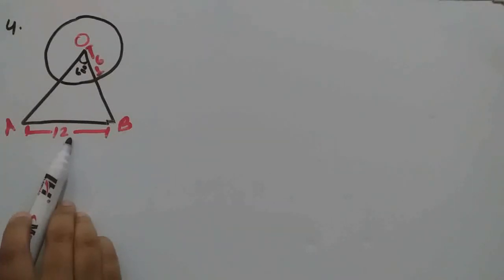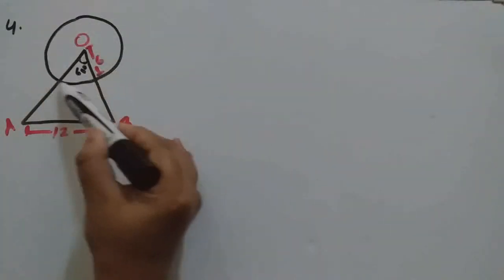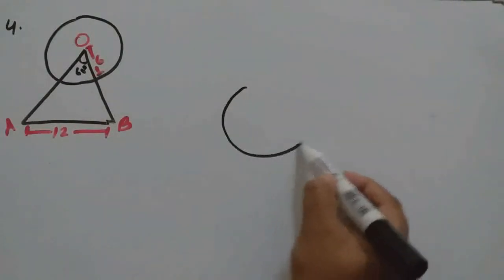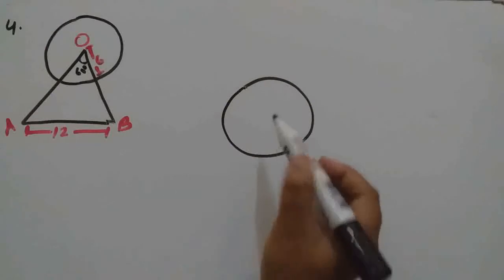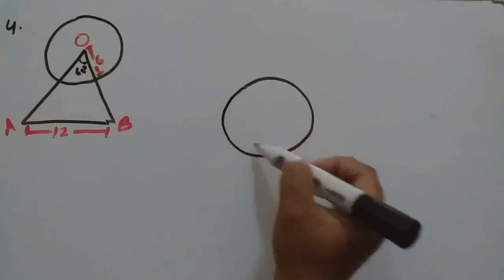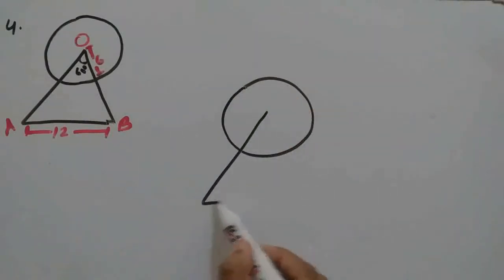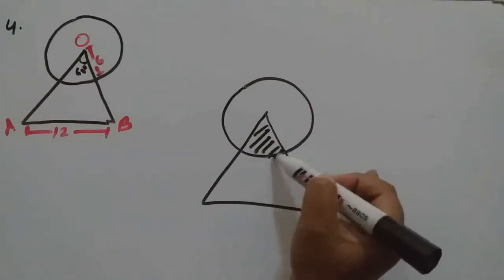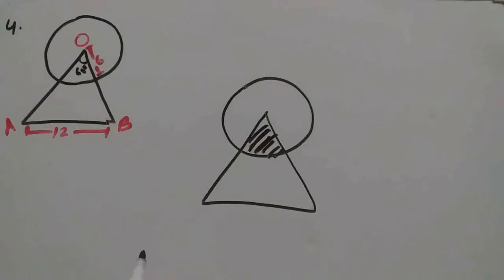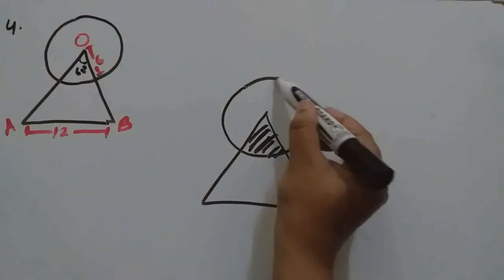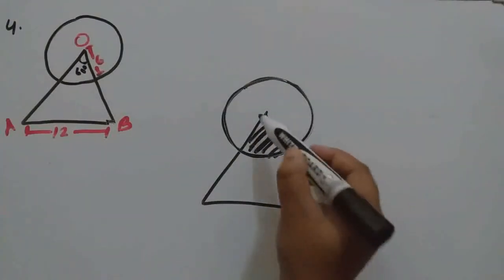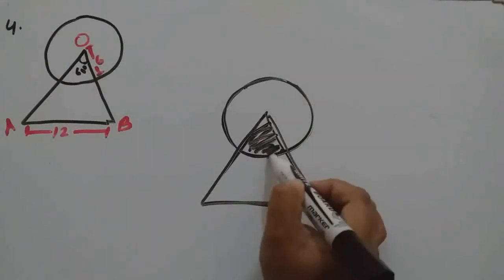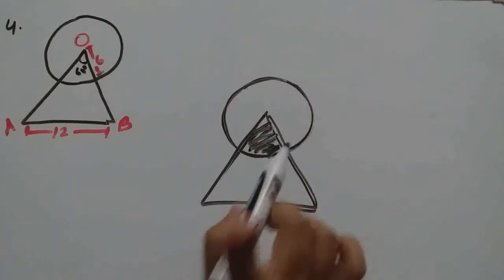Now see what we can do. We can find the area of circle plus area of triangle, isn't it? But see, if you find the area of the circle, this complete area you will count. Then the area of the triangle, again this complete area. So this area you are counting twice. That means we should find area of circle plus area of triangle minus area of this sector, because only once we should count.